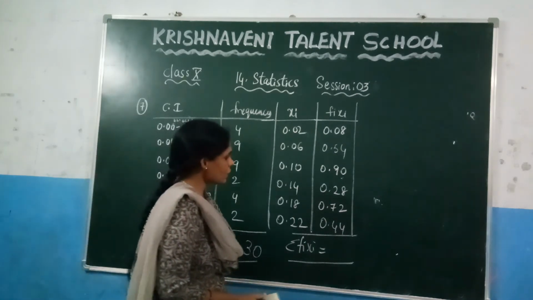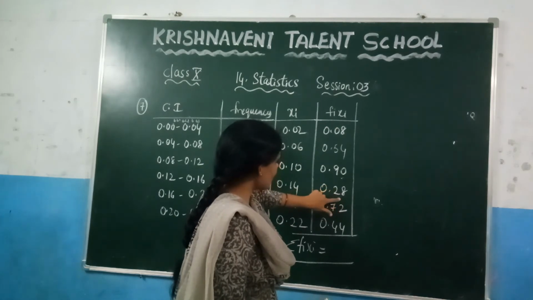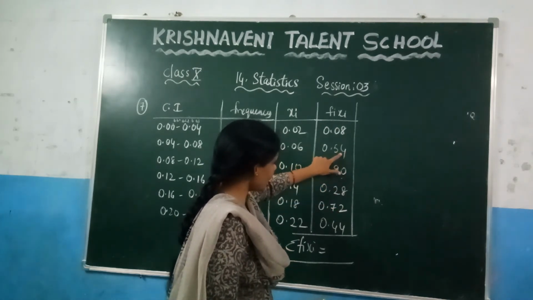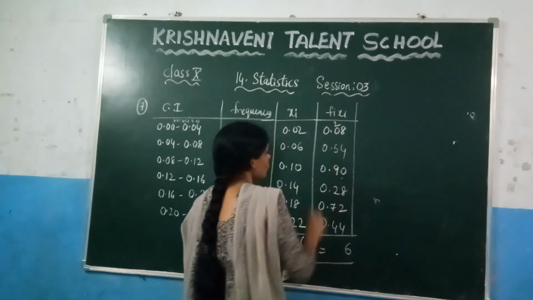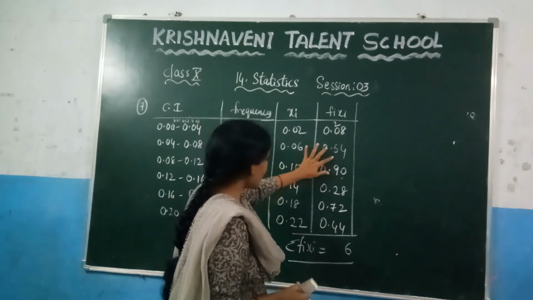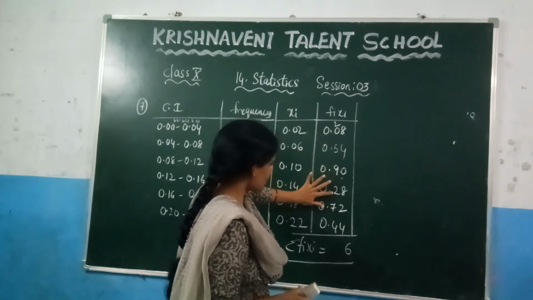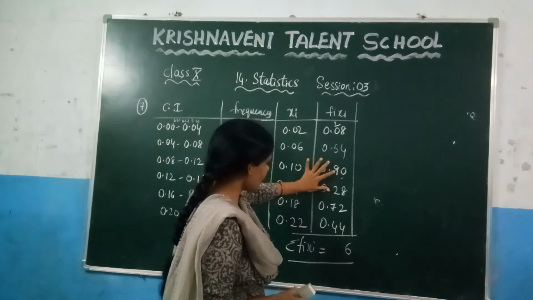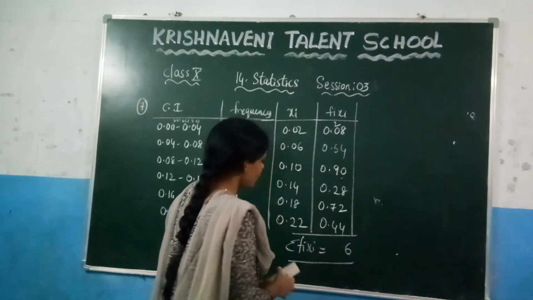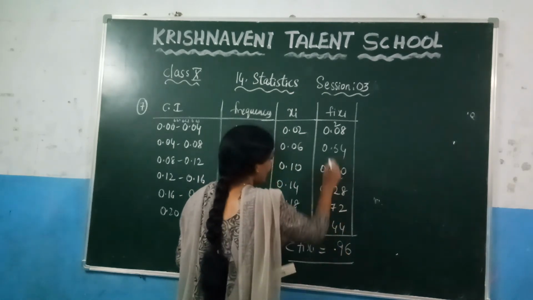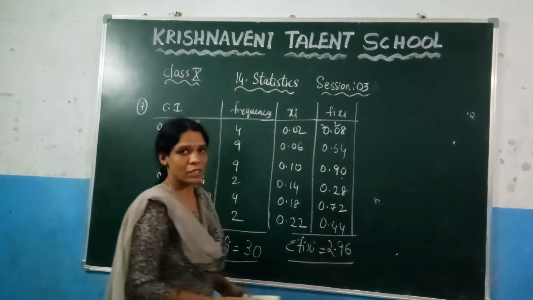And similarly add the fi xi values here. What you will get here is 8. And 8 plus 8 gives you 16. 16 plus 4, 20. 24 and 26. So you get 6 here. You will get 2. And after that 5 plus 2 which is 7. And after that 7 plus 2 which gives you 9. 9 plus 9, 18. 18 plus 4, 22. 22 plus 7, 29. So you get 9 here and 2. You know that, ignoring the zeros, you will get 2.96.